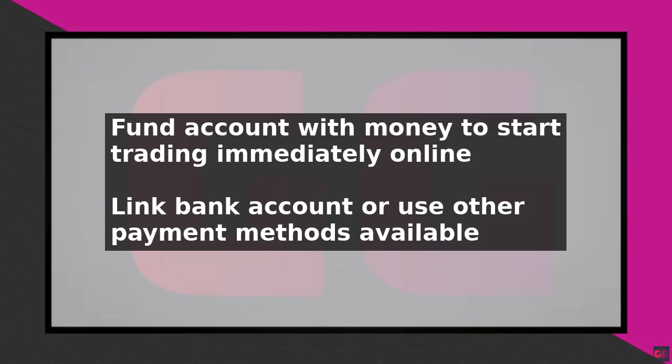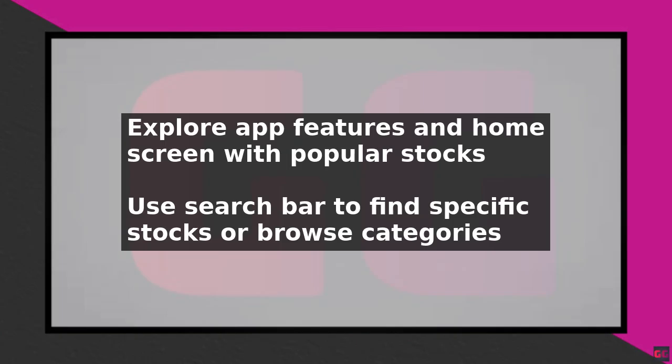button. You can choose from different types of orders such as market, limit, or stop limit. A market order executes immediately at the current market price, while a limit order executes at a specific price you set. Webull also offers a paper trading feature that allows you to practice trading with virtual money.